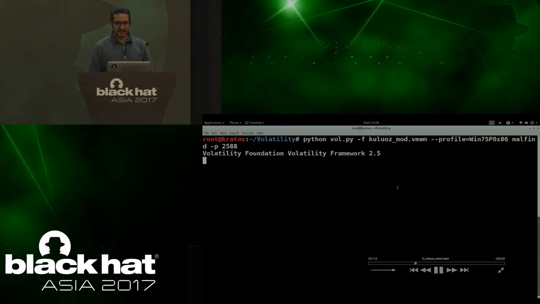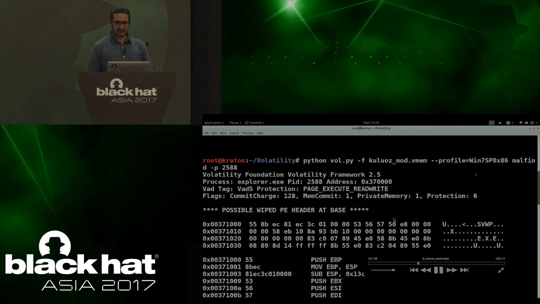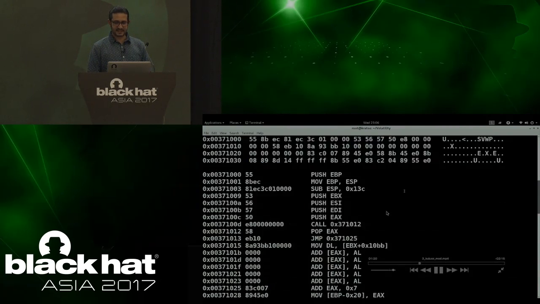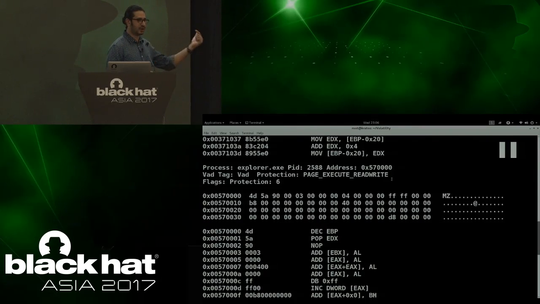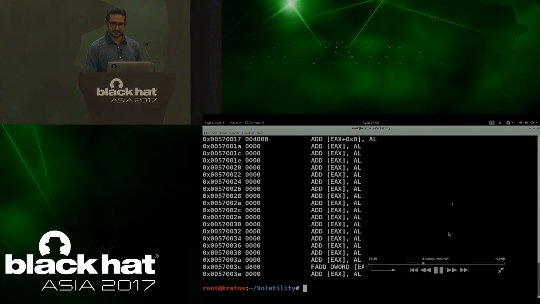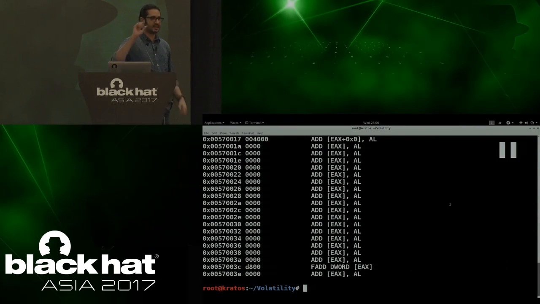So let's run Malfind. Malfind, notice it detects another memory region. It detects this region where the explorer.exe was loaded, so the patched explorer.exe, but notice at the bottom, it does not detect the injected code where we changed the memory protection. So we have successfully bypassed the memory protection. And also we have given a feeling that this is a traditional hollow process injection.